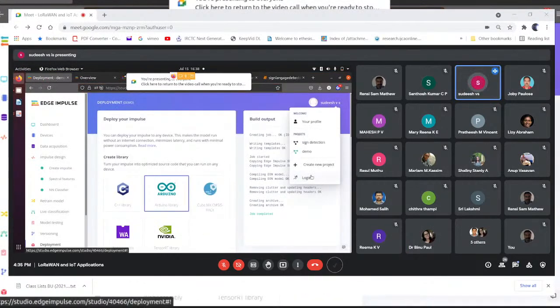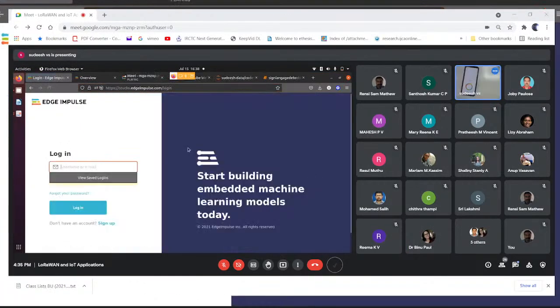You just need to create a login here. You need to go to the studio. I already put the link in the message box. You can create a login.